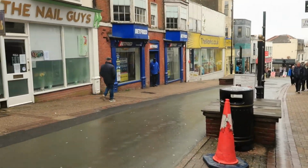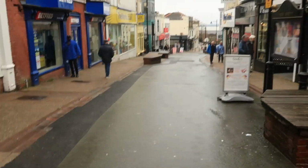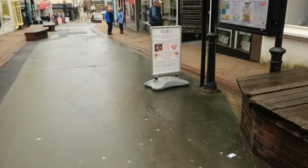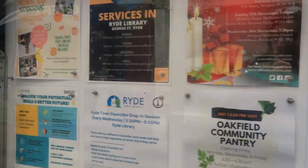So we've moved a little bit further up. I'm not quite too sure what they call this area, but it is a pedestrian path area of Ryde. I nearly forgot what the name of the town was for a minute. But if you go over to the edge of the bit where it says High Street here, I guess that's the name of it, you can see some of the stuff that was going on at the time of filming